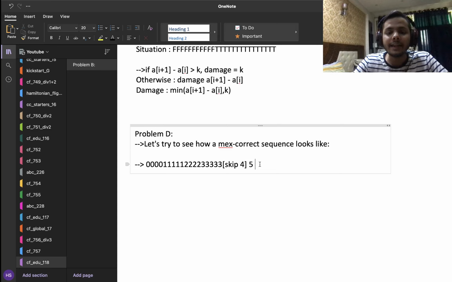So the thing is that now I have used 5 and let's see what numbers I can put next. Can I put a 0? No, because the max is 4 and 4 minus 0 is greater than 1. Similarly, I can't put a 1 because 4 minus 1 is greater than 1. I can't put a 2 because 4 minus 2 is greater than 1. But I can put a 3 because 4 minus 3 is less than or equal to 1. Similarly, if I try to put a 4, then the max will become 6 because I have all the numbers from 0 to 5. And so 6 minus 4 is greater than 1. So I can't use a 4.